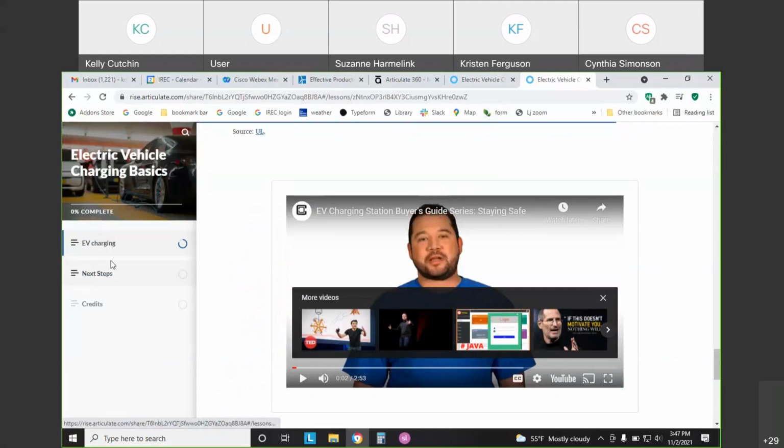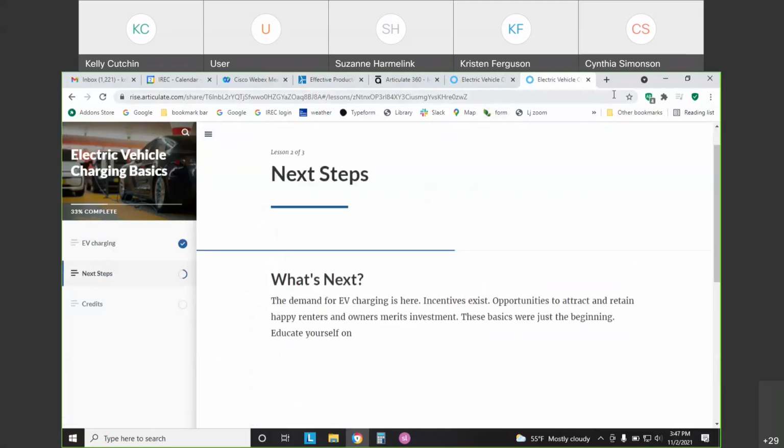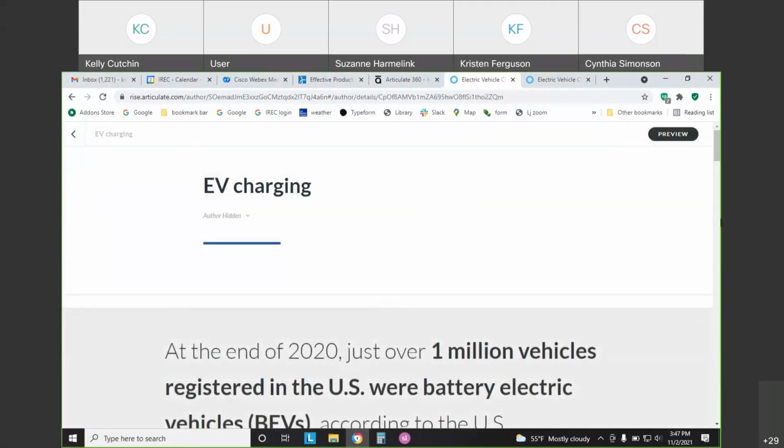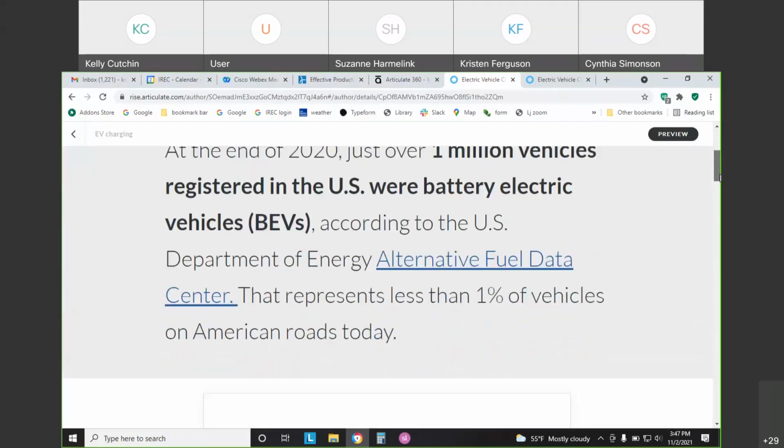This is what it looks like when you use it, and then this is what it looks like when you build it. And it's really, this Rise product is intended to be really, really straightforward in building things. And so you say,